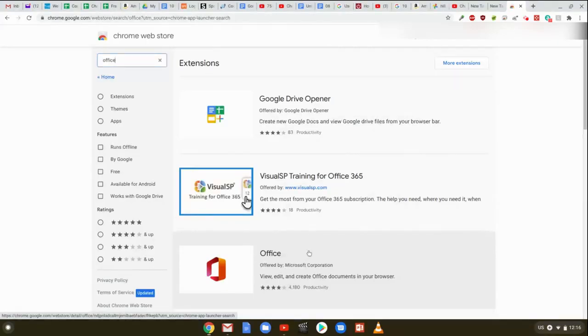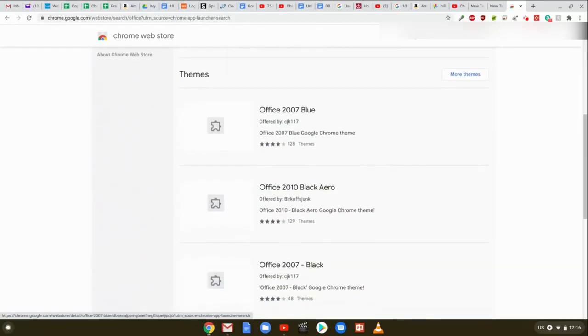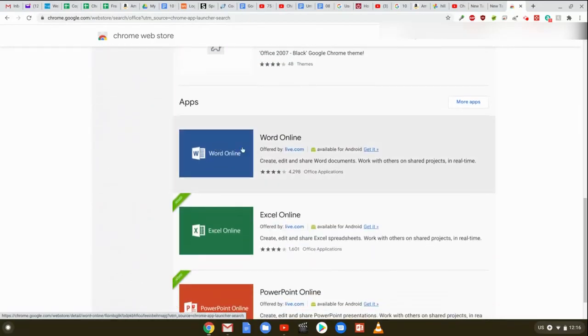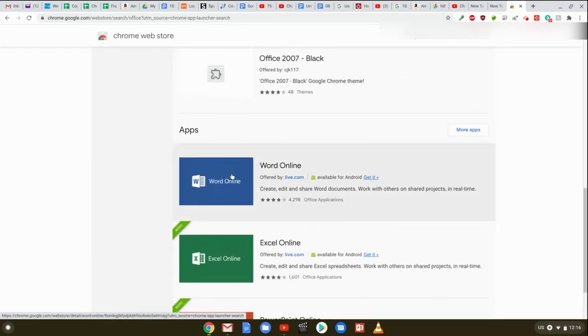If we have a Chromebook, you can put this on a Chromebook as well, but I've actually found it just easier to go all the way down. And what we're going to do is install Microsoft Word right here. Now Microsoft Word is offered by Microsoft Live. And notice that we can have Excel, PowerPoint, but you can actually find all of the applications when you install just one of them. So I'm going to click on Word.